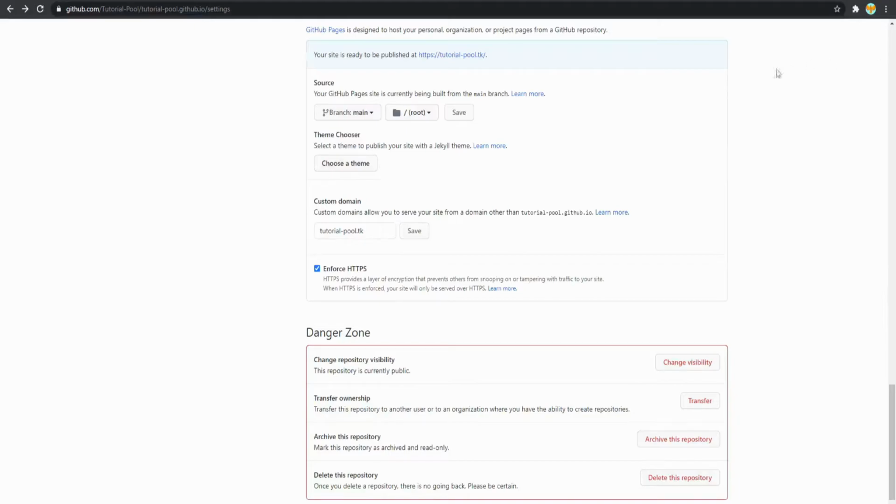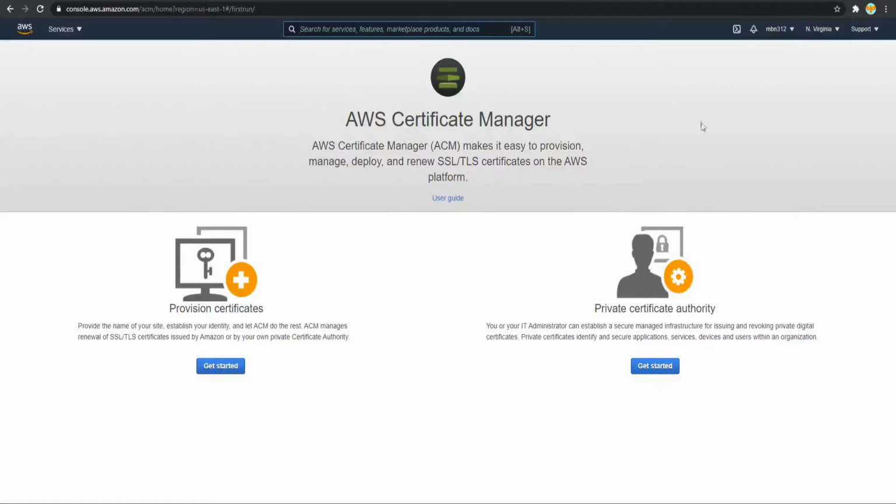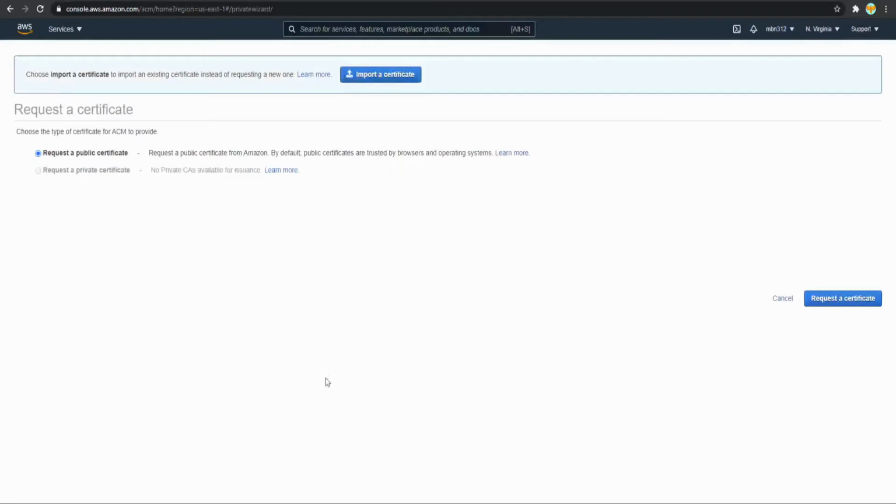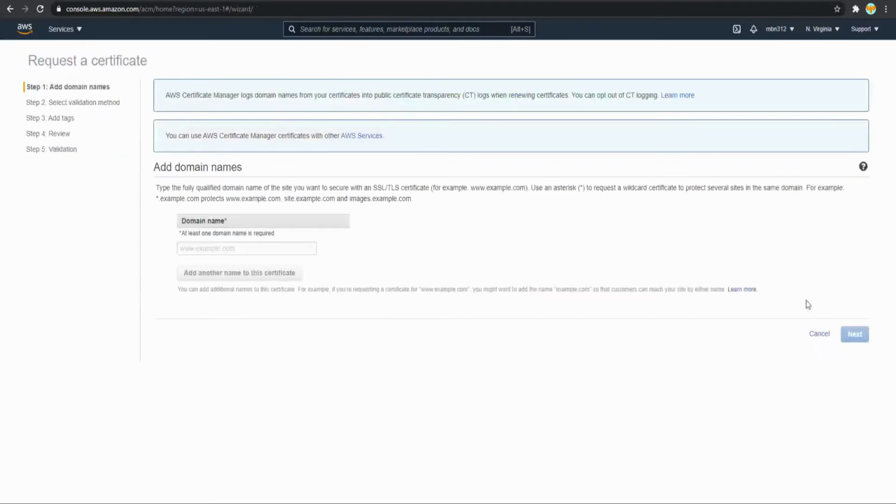But another thing that you can use is AWS. They have a certificate manager that you can use for free. AWS has a free tier that's free for I think a year, and you can pretty much just get certificates. So what you want to do is request a public certificate, enter in your domain name,